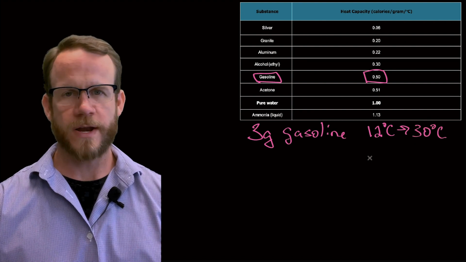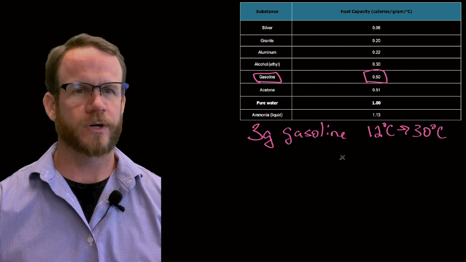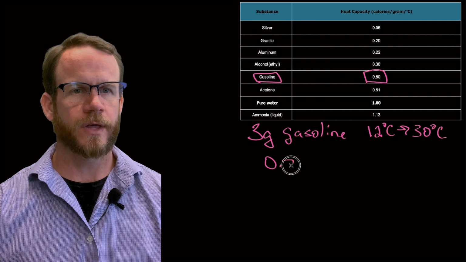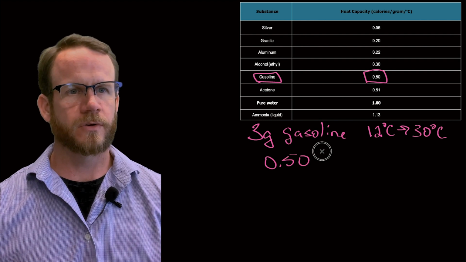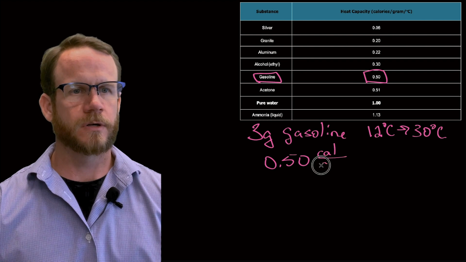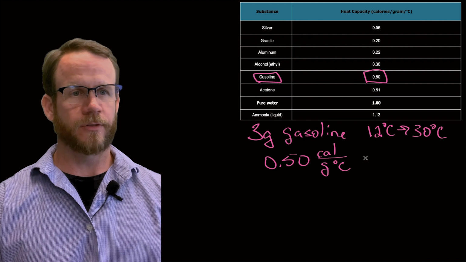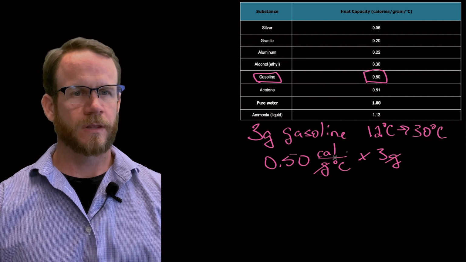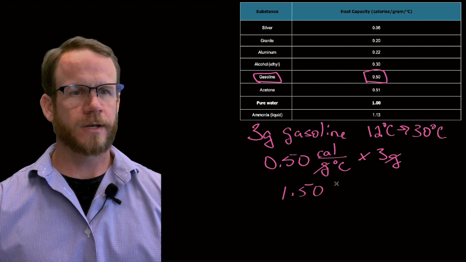So the first thing you should do is write all this stuff down. I'm going to give you word problems. You need to pull out this information. Just write it down so you know what you're working with. The next thing I'll say is, okay, I have my knowns. I know that gasoline has a heat capacity of 0.50 calories per gram degrees C. Well, I have 3 grams of that, so the first thing I'm going to do is multiply that by 3 grams. My grams cancel. 3 times 0.5 is 1.50,